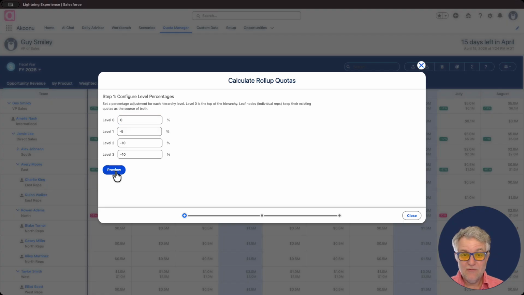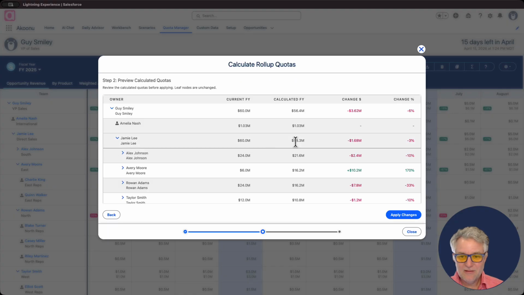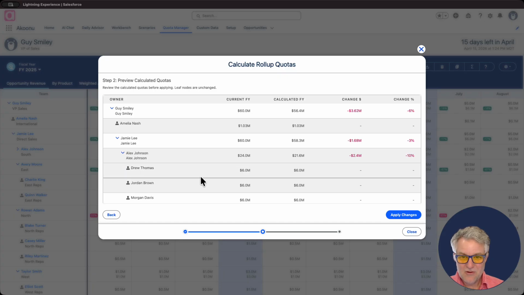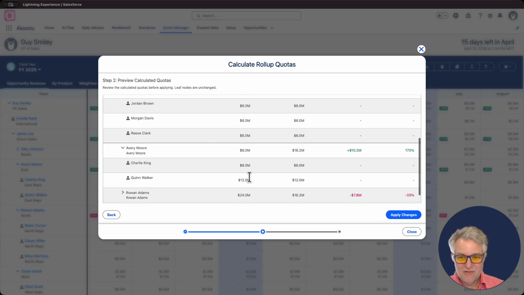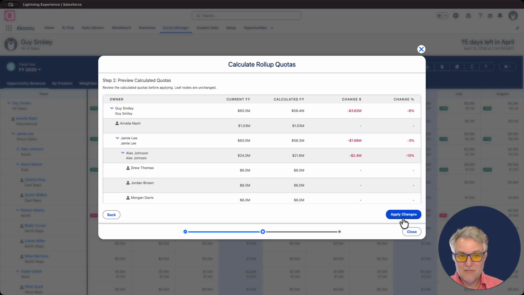I click preview, and it shows me a preview window, not in all the monthly details, but in the aggregate for the year. So the current year, as things currently stand, the calculated values, and the changes. So the net change at the top level here is about a $3 million change in quota. And we can see some other adjustments down the hierarchy. When I think these look good, I can go ahead and apply the changes